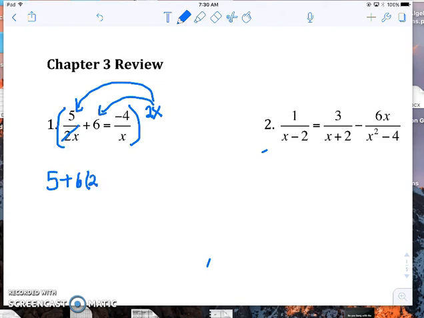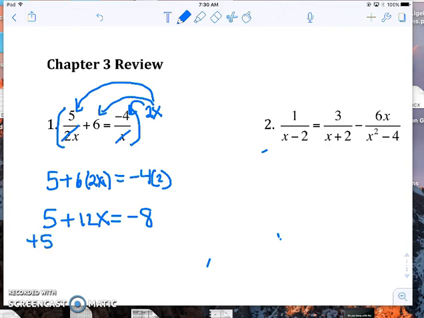6 times the 2x equals negative 4, and then when we multiply that in there, x reduces down to 1, so we just have 4 times 2. So then we can solve this. We have 5 plus 12x equals negative 8,